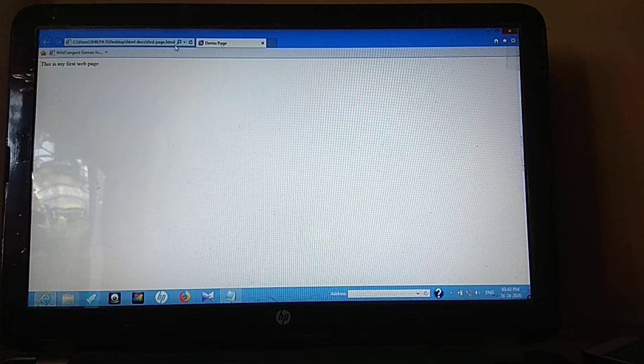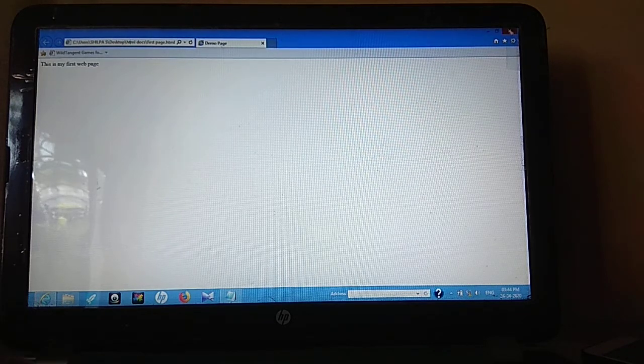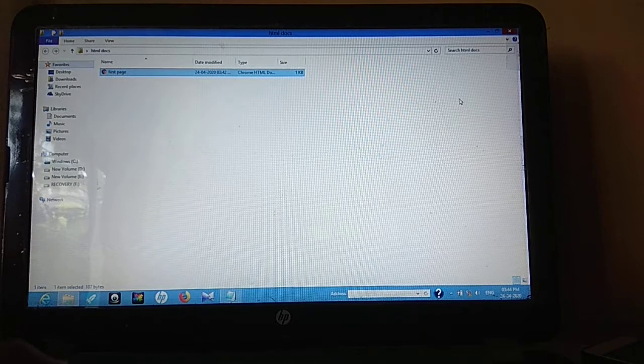You can see the URL of the page over here. I have saved this file on the desktop, so it is showing me the path over here. This is also called the URL of the page. C:/HTML docs is the folder name, and first page is the file name. And over here I am simply showing this is my first page. This is a single line that I have displayed. So this is how we create an HTML page in a simple text editor like Notepad. After this we are going to see how to create a paragraph and use heading tags in HTML.